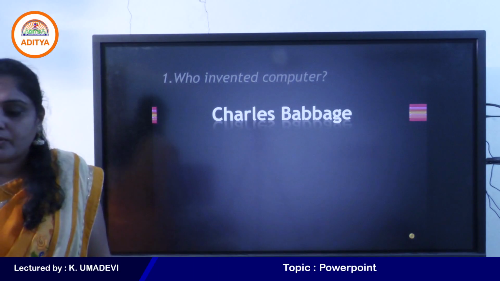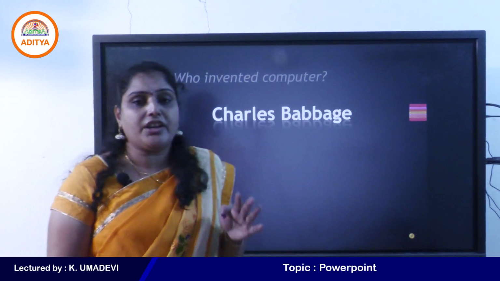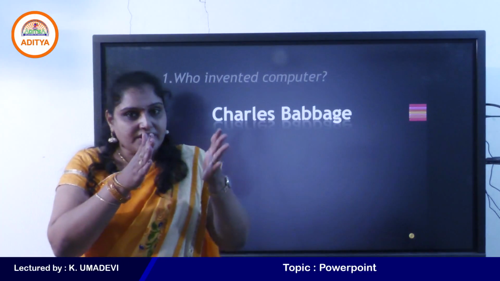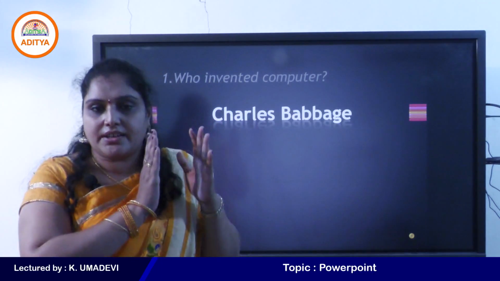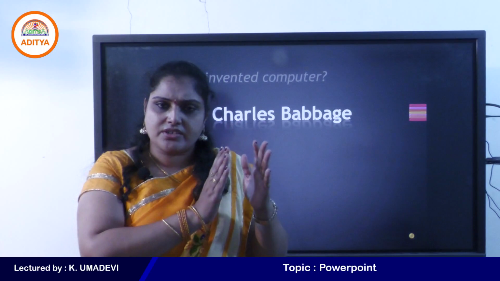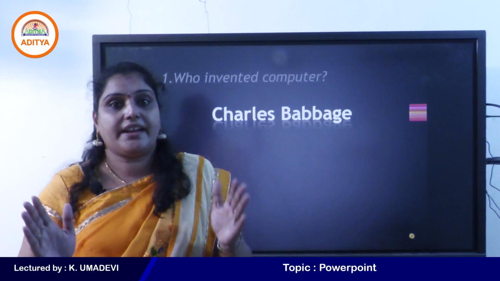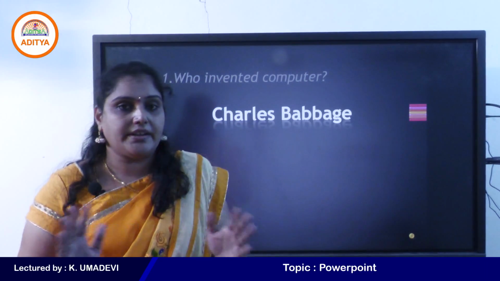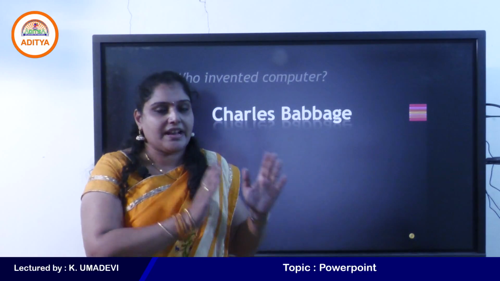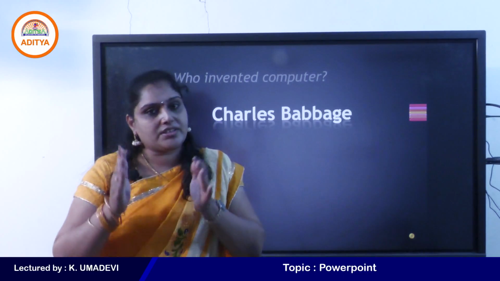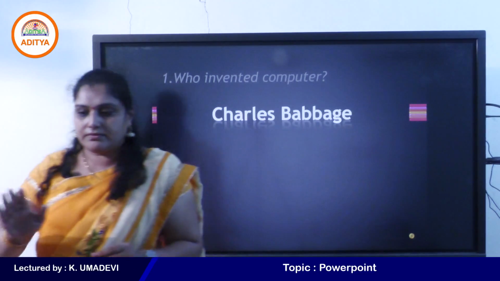Transition effects are only applied to the slide. If you want to apply any effects to the pictures or text, you can use animations. Transitions and animations are different. Slide transition means the transition effects. Transitions are similar to animation effects, but transitions are only applied to the slides, not for the text, not for the contents of the slide. Transitions are only applied to the slides, whereas animations are applied to the text, pictures, cliparts or any other type of objects that are inserted on the slide. Clear?